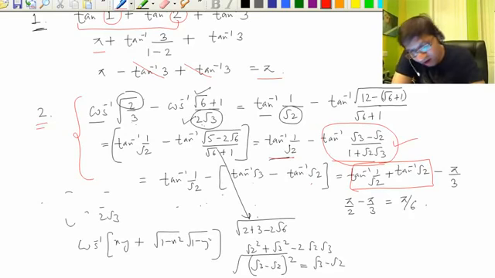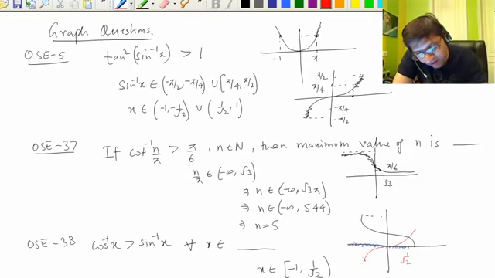So the idea is that you don't have to worry about cos inverse A plus cos inverse C or cos inverse A minus cos inverse B, those kinds of formulas. We can convert them into tan and do it the way I have done it. The calculations are more just because the values are in square root form, otherwise it might not be that difficult. See, I have grouped these three questions together, which are questions based on graphs.